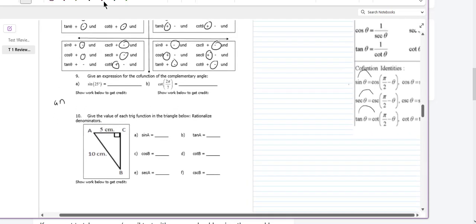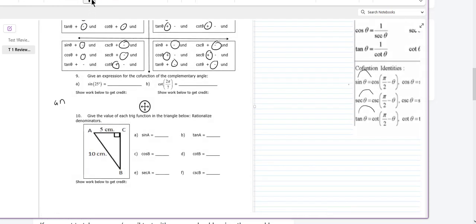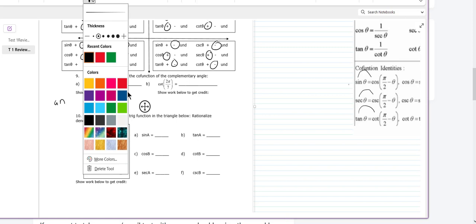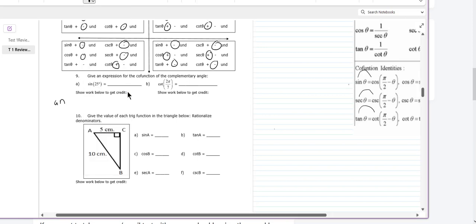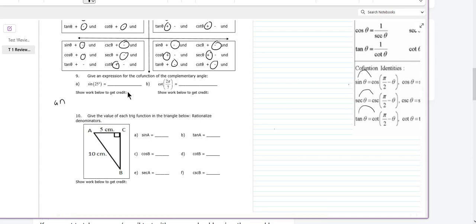So with this problem right here, you don't have to really look at these identities unless that's the only way you understand it well. I do this, okay? The cofunction is the cosine. You don't have to memorize it. Sine, cosine. The co is why it's a cofunction. And then you just do 90 degrees minus 25. And you have to do that in that order. So you would end up getting the cosine of,